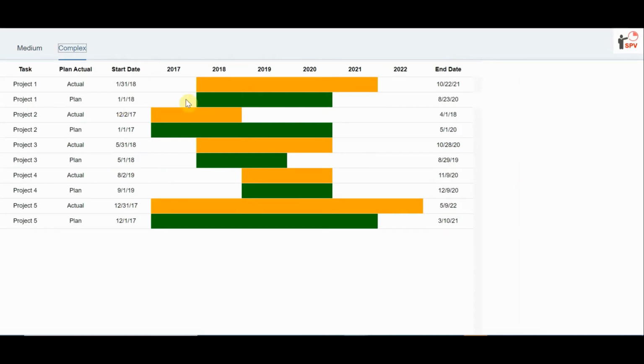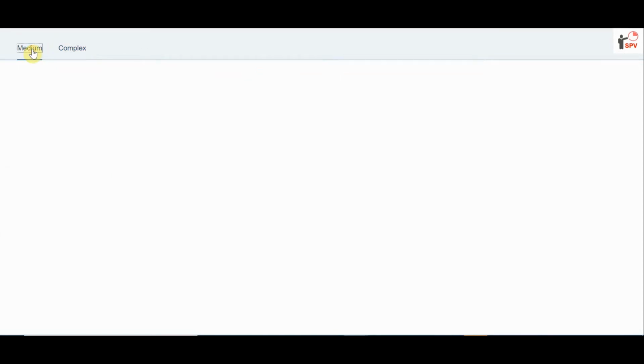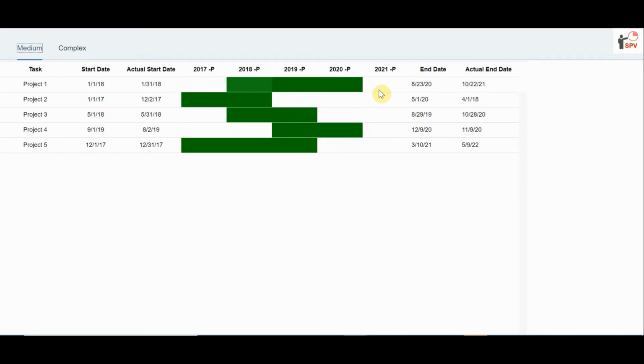So this is a plan. In 18 to 20 it's planned, but actually it was completed from 2018 to 21. There are two records for each project, actual or plan, so there will be duplication of rows to see this data. Or if you want to make it a single chart, we need to make the year replication again, and then we can merge the charts.